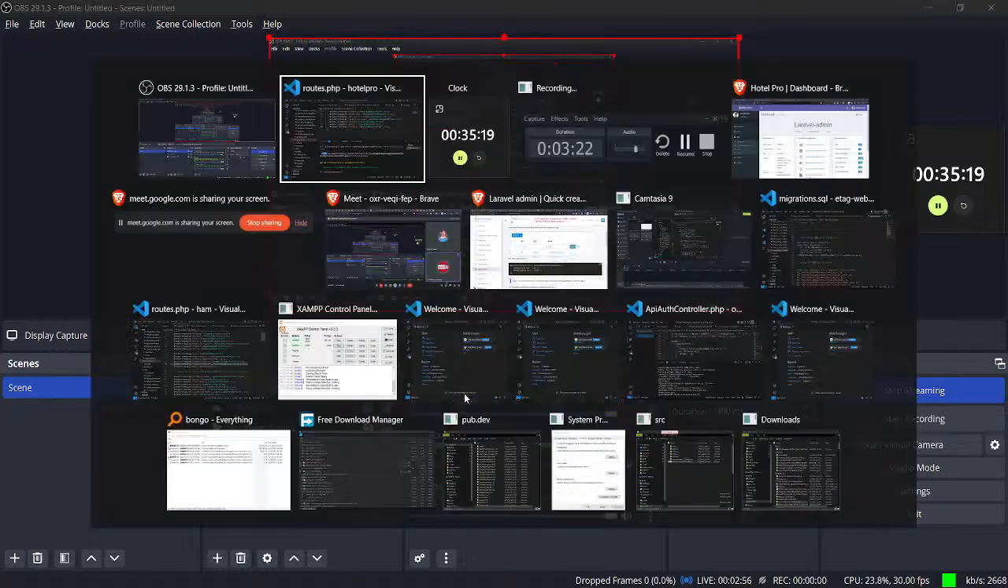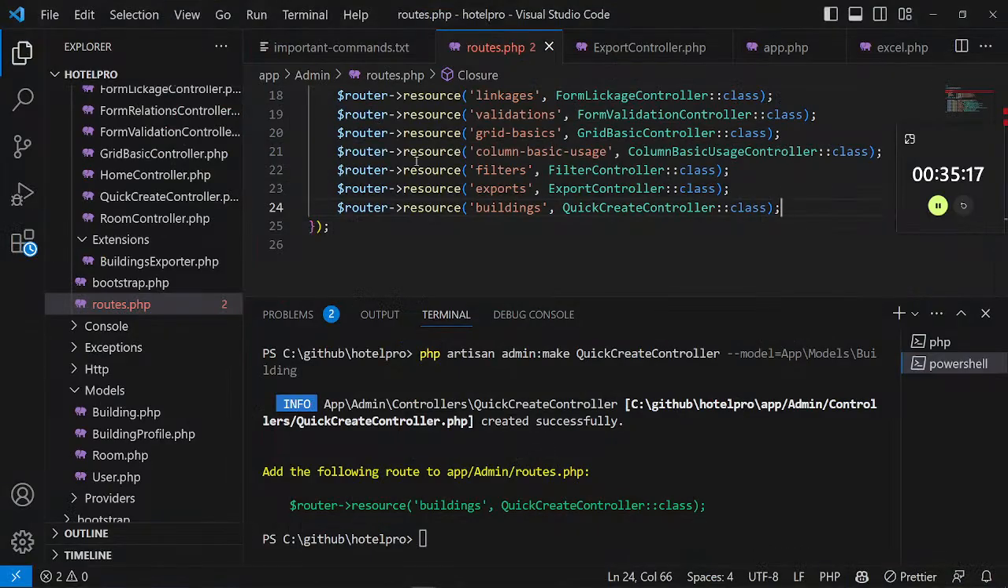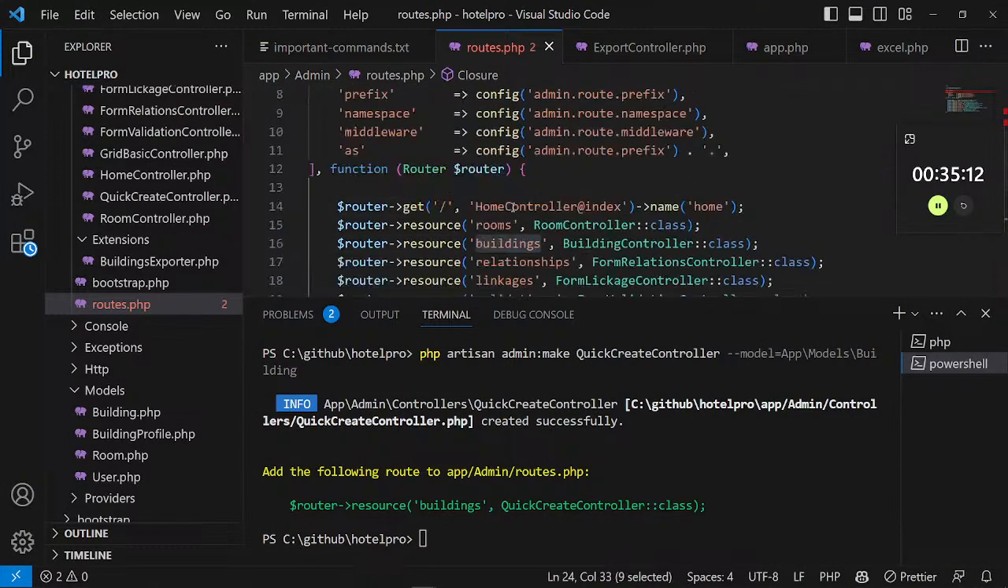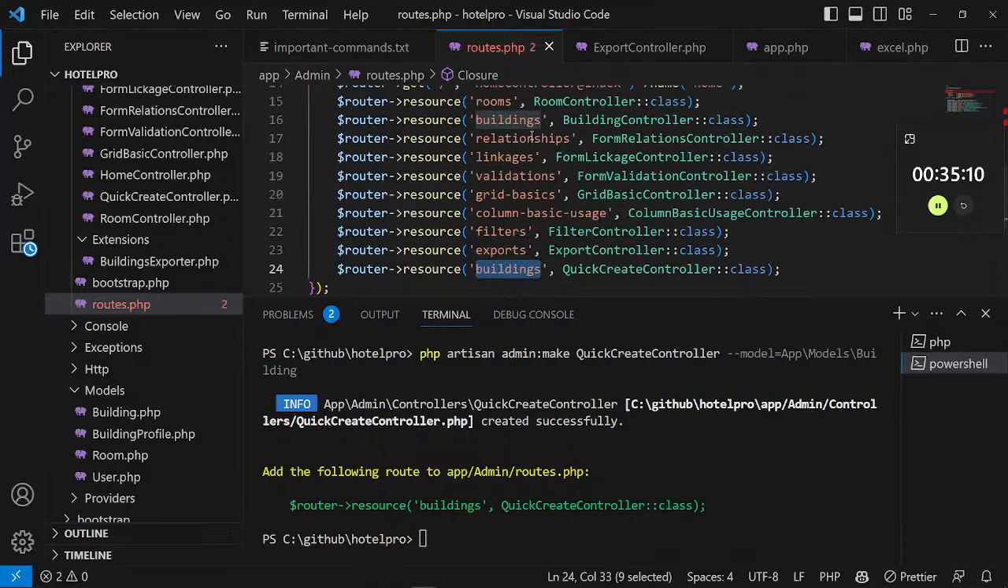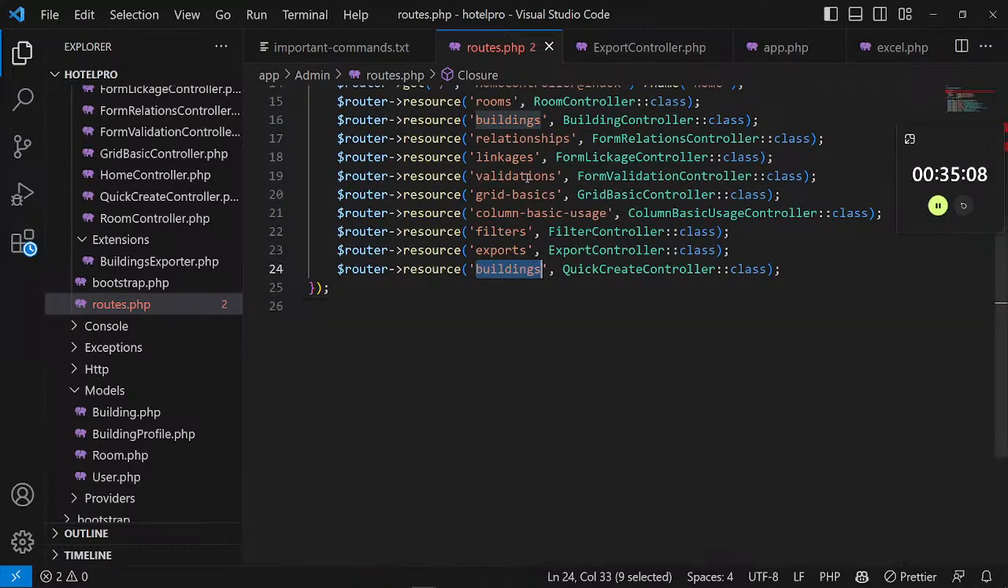So after putting in the routes, I'll go ahead and rename this one so it can be different from the building route name. So I can call it quick create. Okay. So after doing that, I'll go ahead and copy